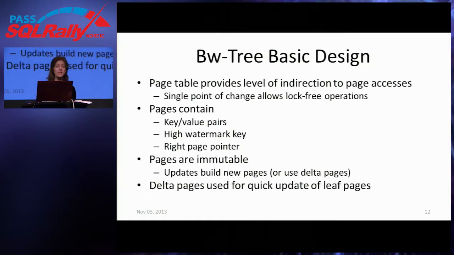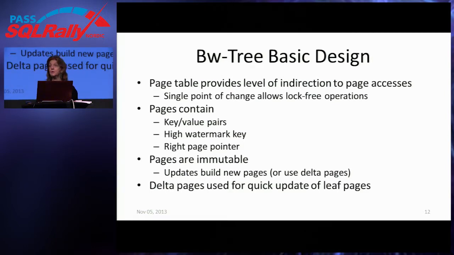So the index pages contain a set of key values. This is the only place where you have any duplication between the data rows and the index rows. There are the index key values in sorted sequence, and the pointers to the page at the level below contain a high watermark showing what the largest value on that page can be. We'll see that when we've got a couple of animations over the next several slides.